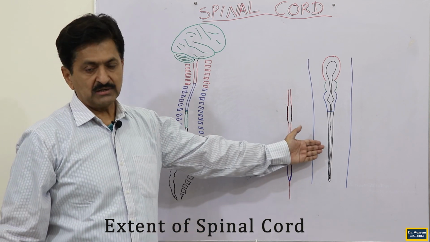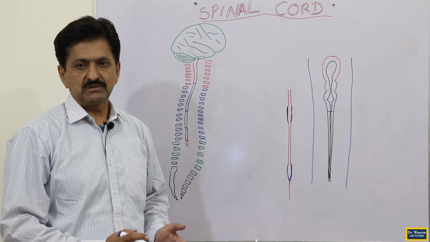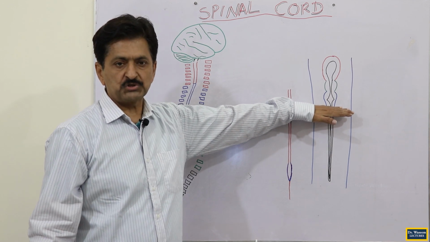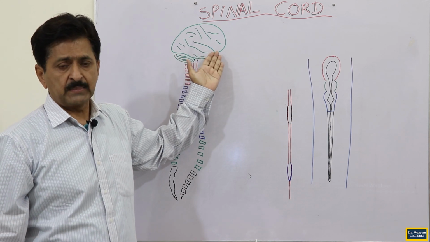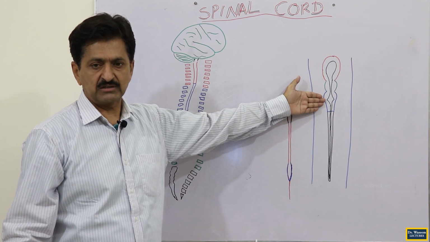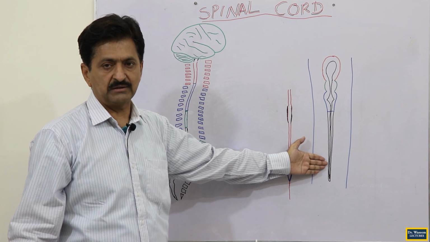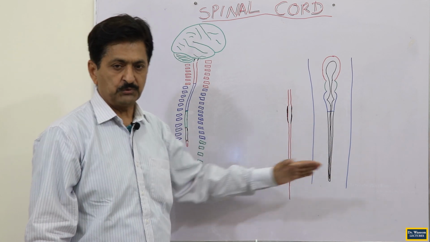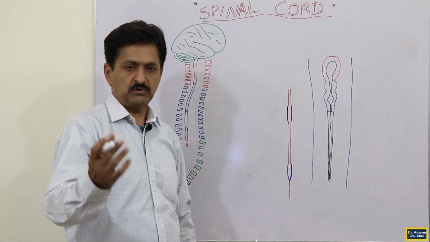As far as the neural tube is concerned, what derives from it are the central nervous system's two major components. In the upper portion, or the cephalic portion, three brain vesicles give rise to the brain. Forebrain, midbrain and hindbrain form from the three vesicles respectively from above downward, and the rest of the central nervous system, that is called the spinal cord, will be derived from the remaining half of the neural tube that you are watching, and both are continuous with each other. Reason: because they develop from the same neural tube.